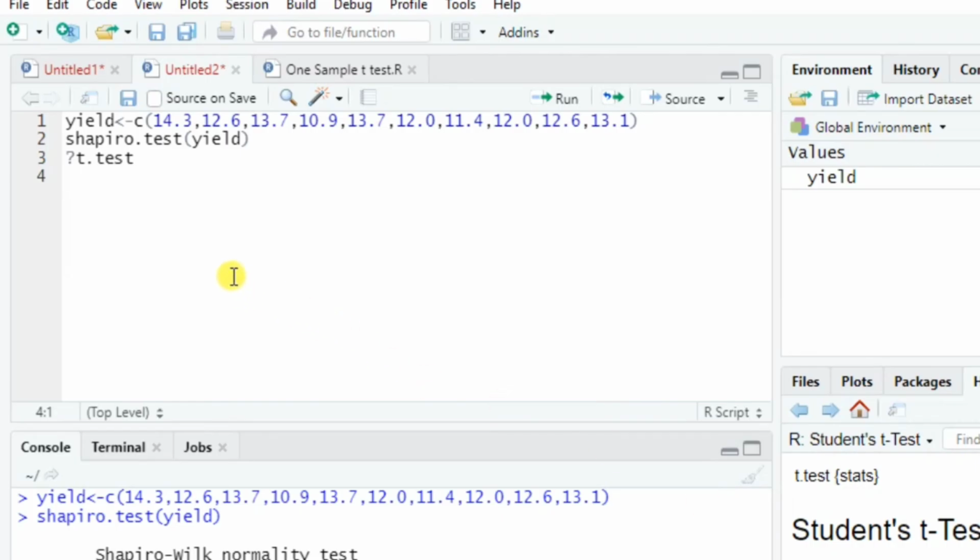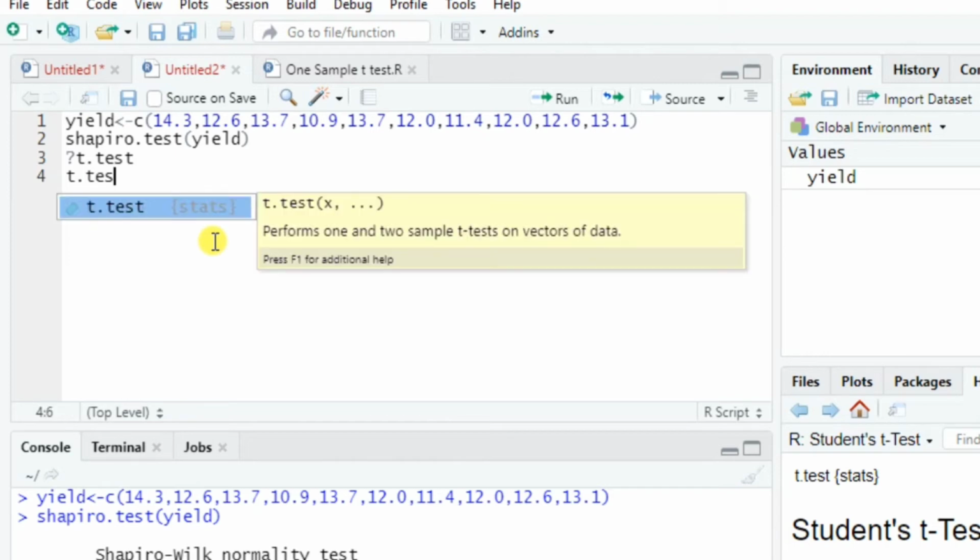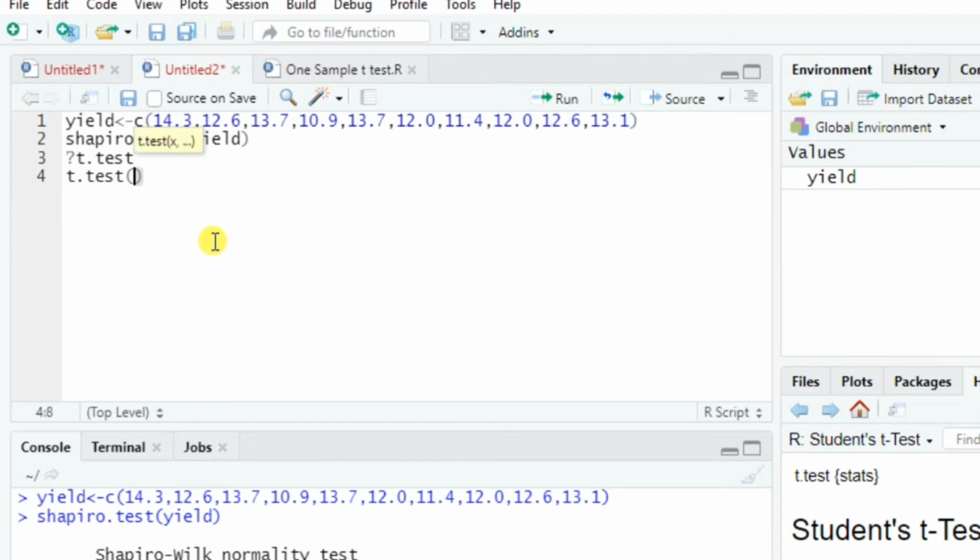Now let's see how to go for the t-test analysis. So t.test, we will write our variable, then mu, that is our hypothetical value. The hypothetical value was 12, as we have discussed previously.